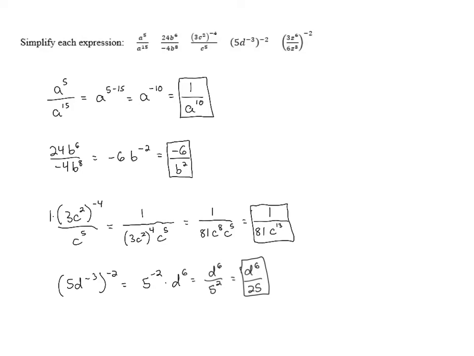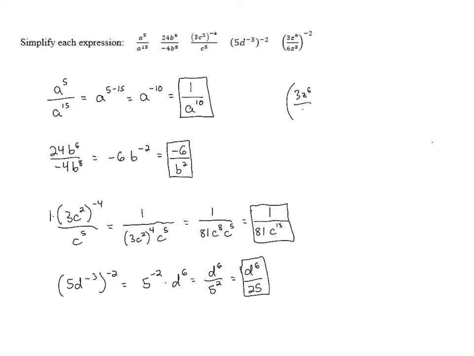You could have started that problem by taking that negative 2 exponent and using it to move everything into the denominator, but then we'd have a negative exponent on the d in the denominator, which would mean it would have to go back up to the numerator. So there's a lot more moving things around if we don't distribute that negative 2. If you want, you can give it a try and make sure that you end up getting the same answer in the end. Now, our last problem is going to be